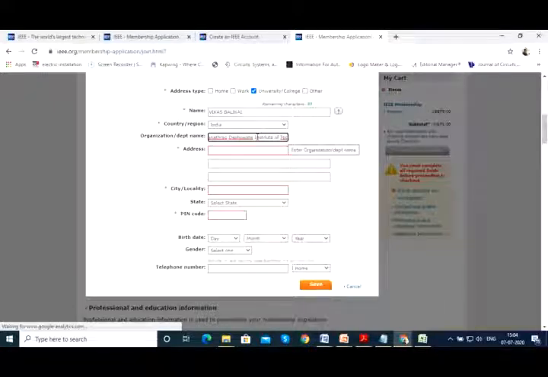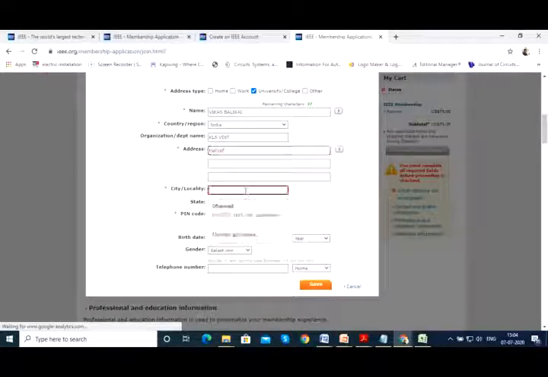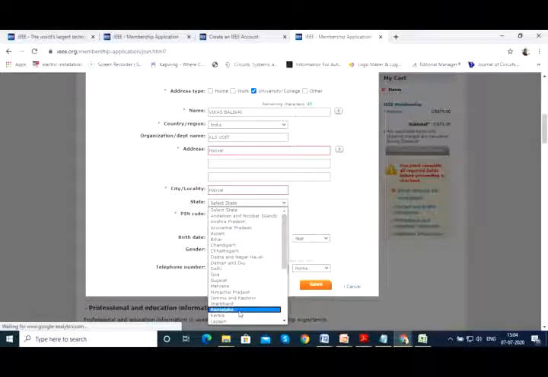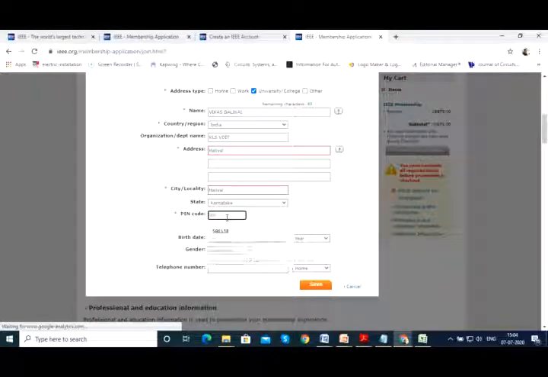Sorry, if it is not taking completely, you can just type it as KLS VDIT, that would do, and put the address as Haliyal, the location also as here, the state Karnataka, and then the code, and if you want to fill up all other relevant details, you can fill them up. Then you say save.